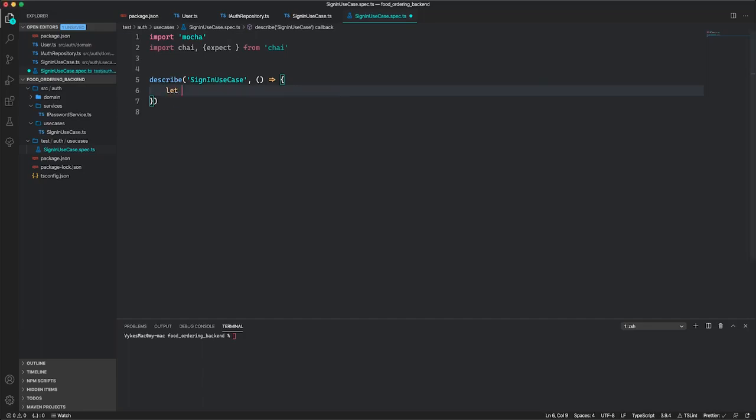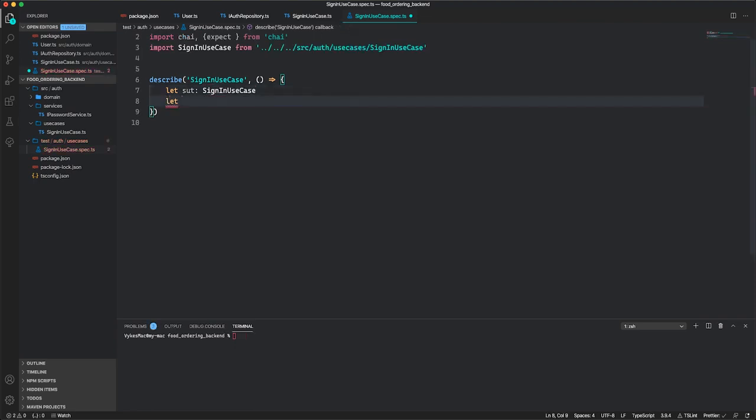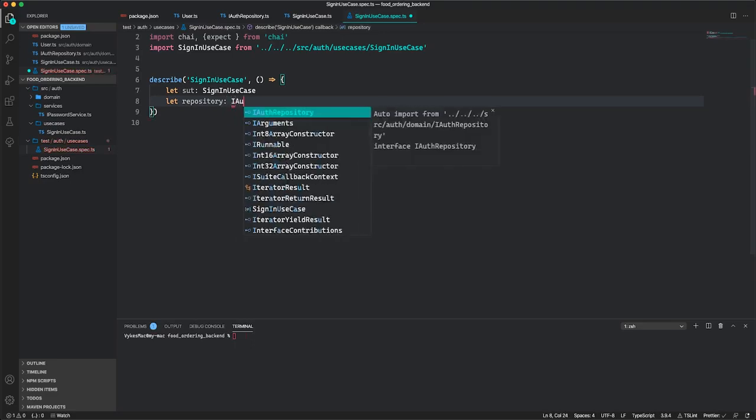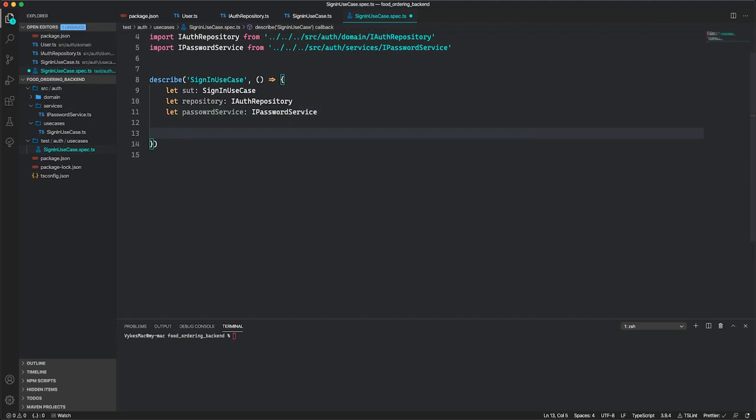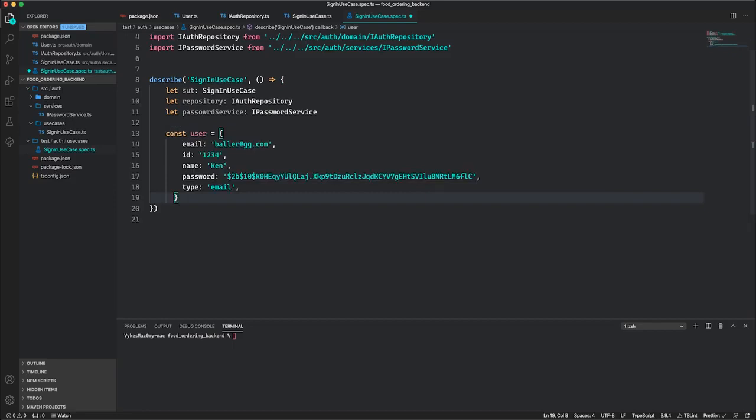So I'll say let my system under test be the sign in use case, and I'll say let the repository be iAuth repository, and let the password service be of type iPassword service, and I am going to create a user object also, which I already have. I'm just going to copy and paste that user object,